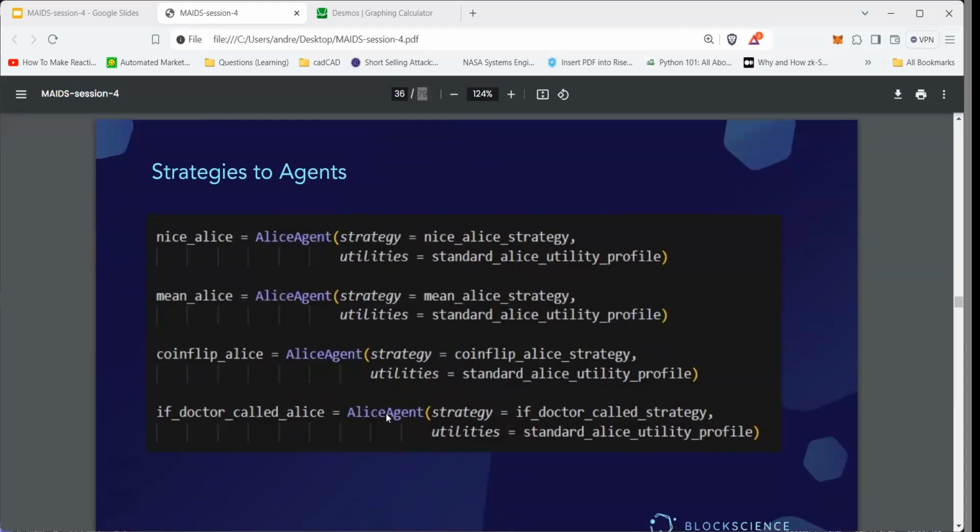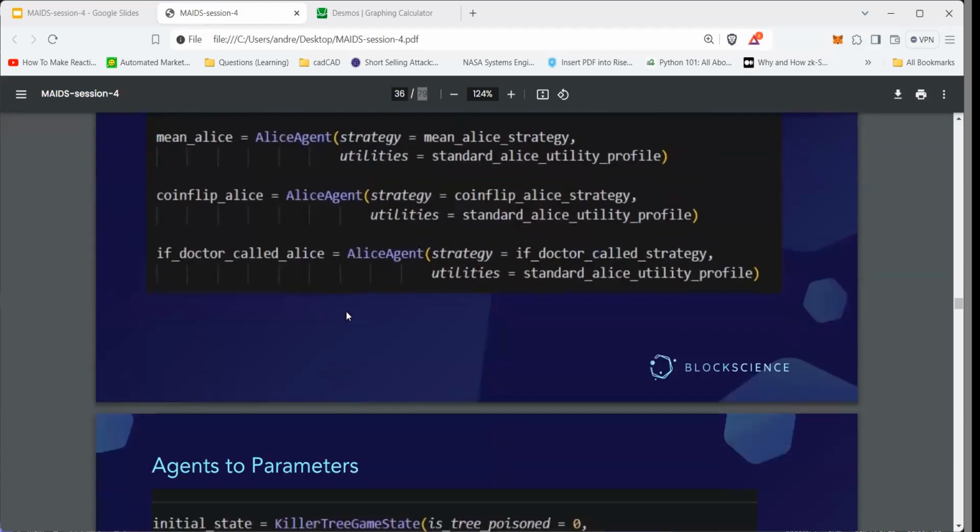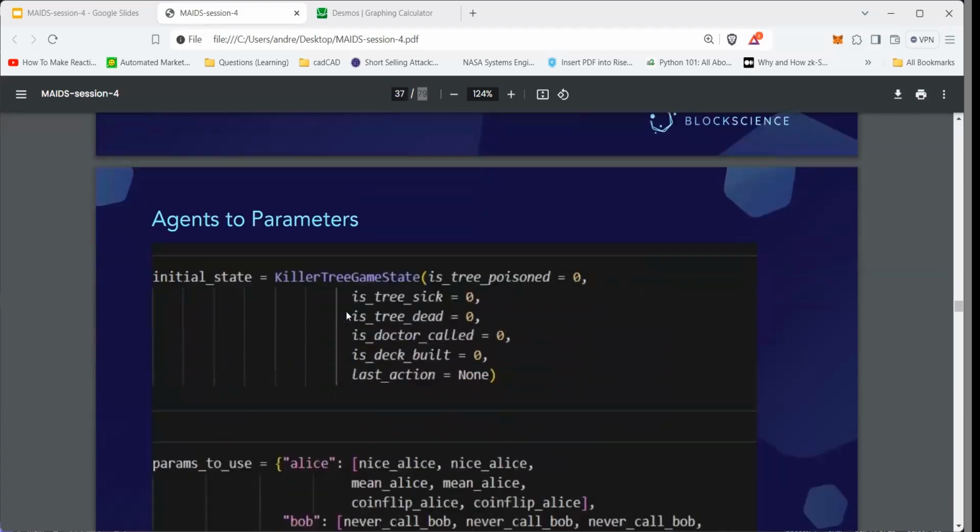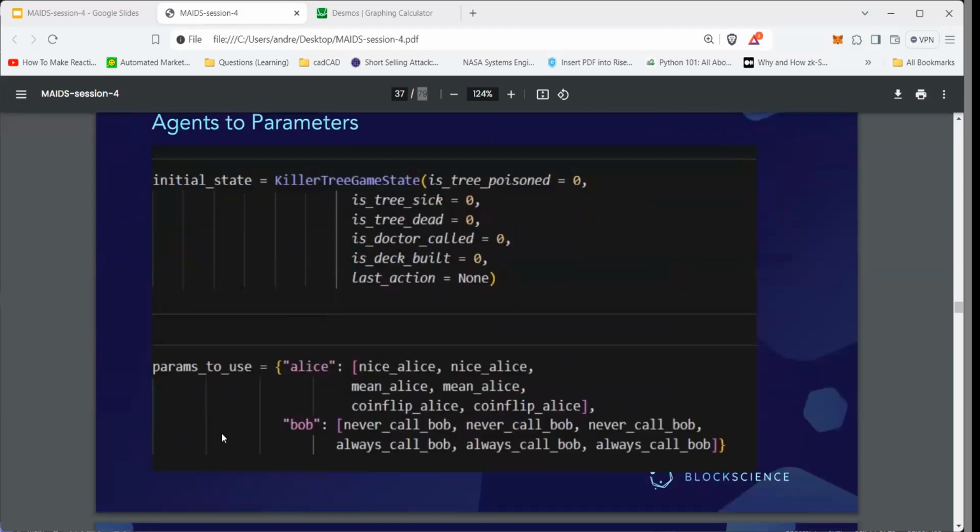After we combine the rules into strategies, we finally pass the strategies to different types of agents who will have different utility profiles, potentially, and different strategies to assign. And then you can set different types of agents as parameters to sweep, or even different populations of agents, depending on what you want to do. And once the agents are inputs to the model, this is where things open up, because what you can search for is how the output of the model, whether that's defined as a single number or viewed as some type of overall metric,